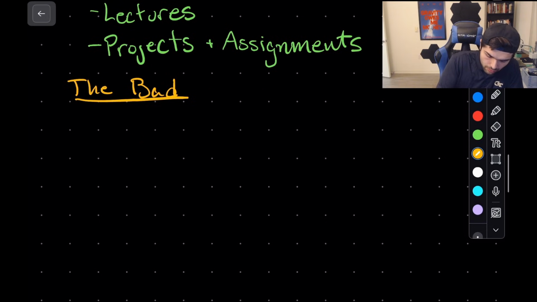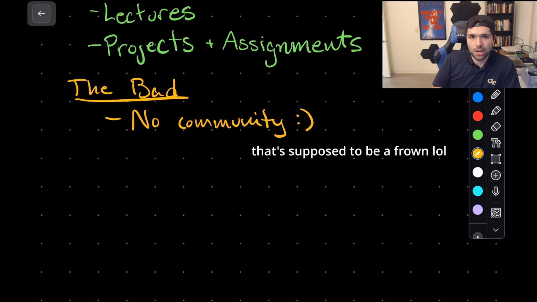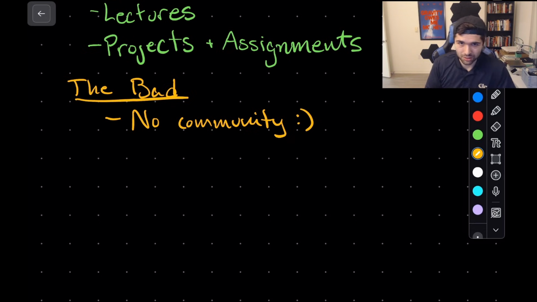Okay, so for one, for reasons I will go very in depth on in the ugly section, there was really no community in this class. I did not talk to a single person throughout the course of this class. There was no activity in the Discord. It was practically dead. The instructors were not very responsive and didn't really add a lot in the Ed discussions as far as I could tell. It was just very isolated. It was a solo journey, we'll put it that way, which was a bit of a downer